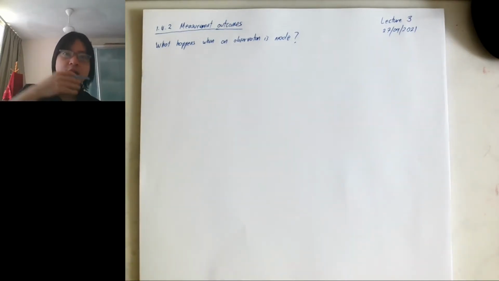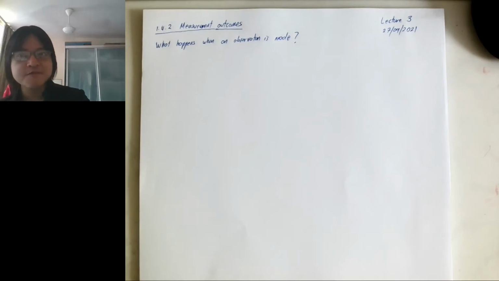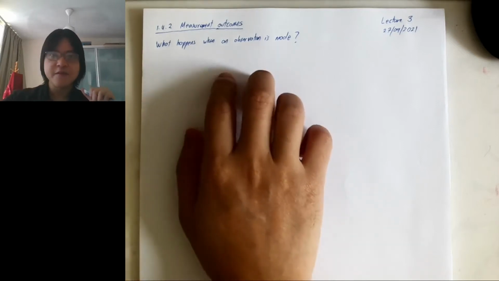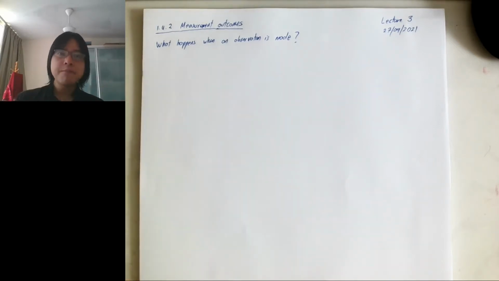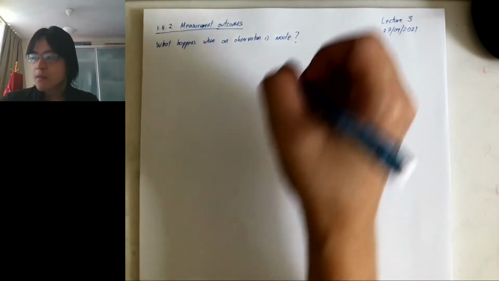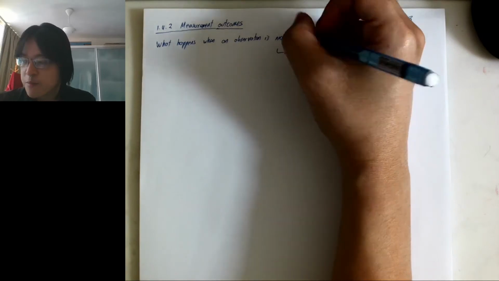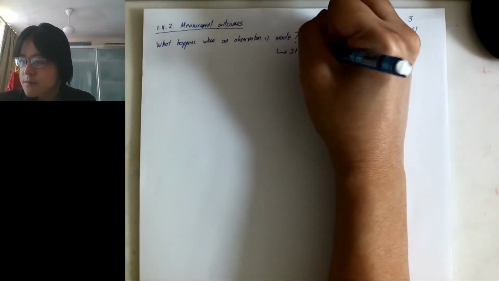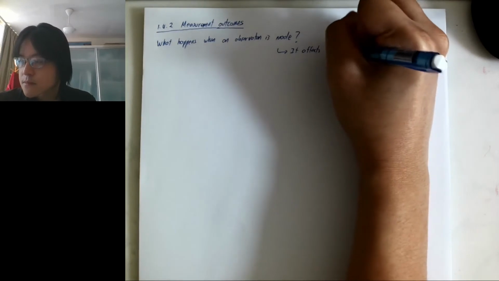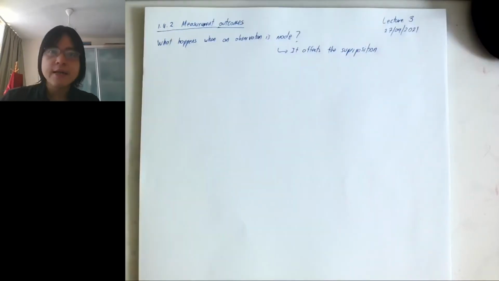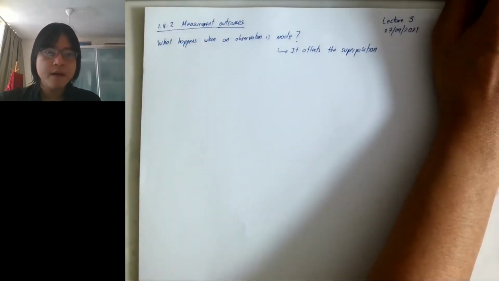But for now, let us continue talking about our postulates of quantum mechanics. We only discussed 2 until now, right? Because we are still slowly learning and getting used to Hilbert space. So let us continue for the next postulate. It is about what happens when an observation is made. Okay, so we know that it affects the superposition. Because on last Monday's lecture, I have shown you that